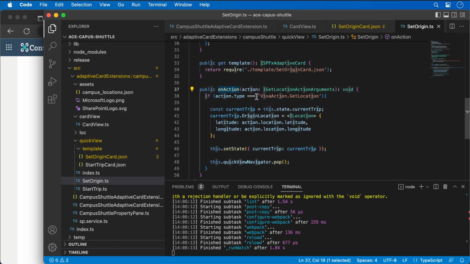And then on the action, when someone selects that get location, I'm going to get the current trip from the current state. I'm going to then update it to set its origin location equal to the location of the action, which is a get location action. And I'm going to set the latitude and longitude to the respective properties and then save the trip and then pop this item off of the quick view. So what we're going to see in a second, the view navigator, we're going to push a new item onto the quick view, which will render out the card that we're talking about right now for setting the origin. And then once I've made those changes and want to remove that card, I'm going to pop it off the